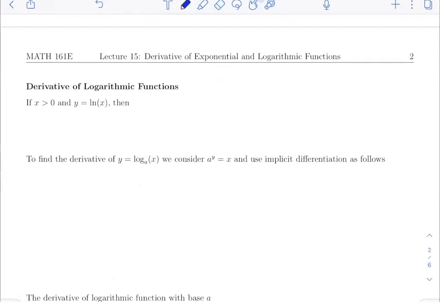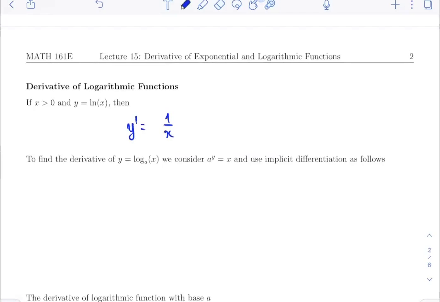You learn in pre-calculus that for logarithmic functions, you have to identify the domain of the logarithmic functions. So in this case, before considering finding the derivative of ln of x, we have to define that x has to be greater than 0, which is the domain of the natural log function, right? And the derivative of the natural log function is given as, in this case, y prime equal to 1